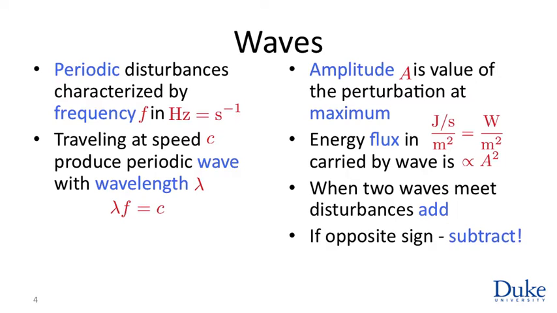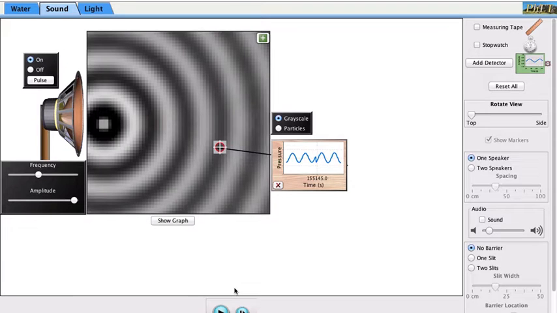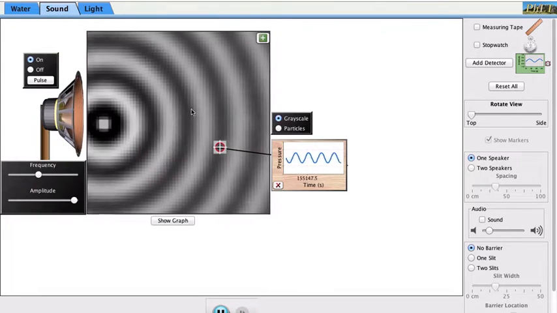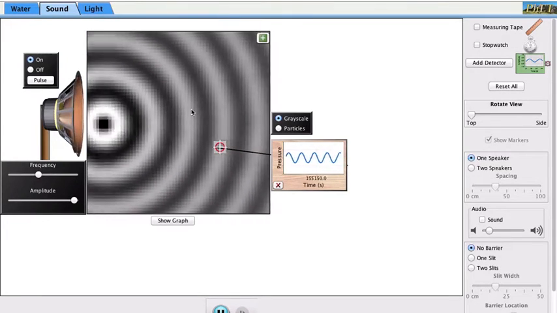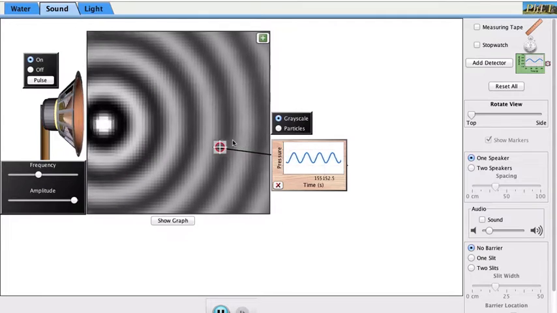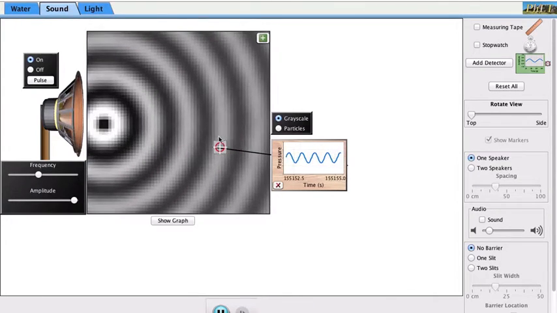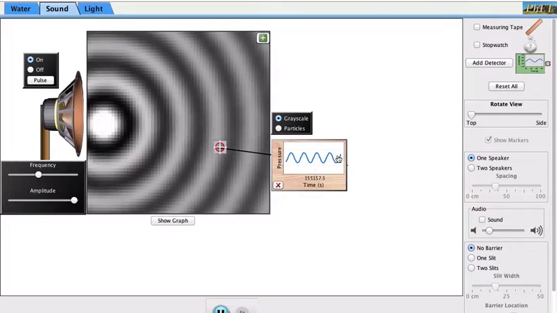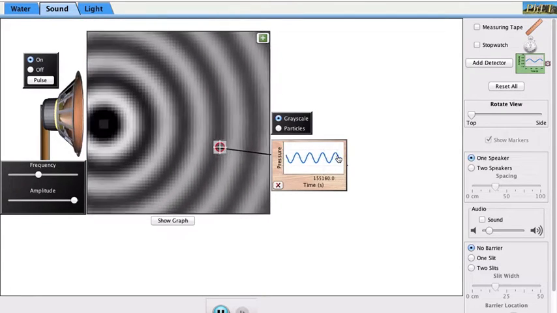Now, what happens when 2 waves meet is a very important property of waves. Let's look at it in a demo, and then we'll talk about it. In this demo, we have a loudspeaker. The loudspeaker will be creating a periodic wave, and we see the wave fronts are shown in this picture. They spread away from the loudspeaker, and what we see here is a measure of the pressure or the density, the perturbation that the wave represents at one given point,